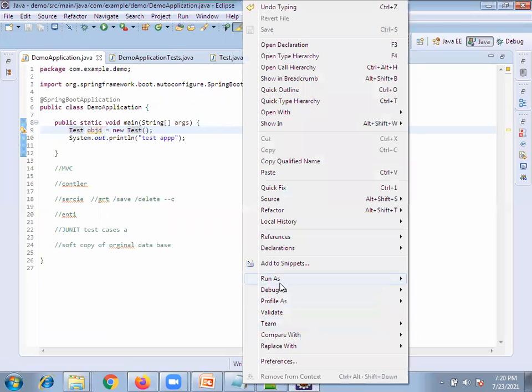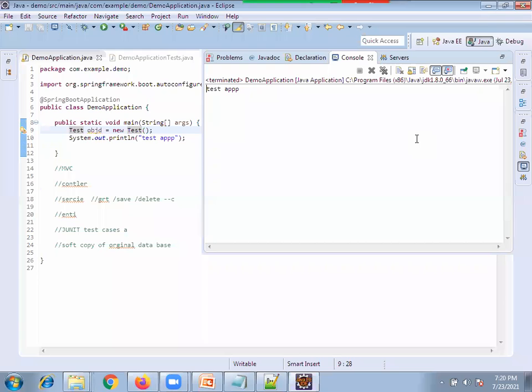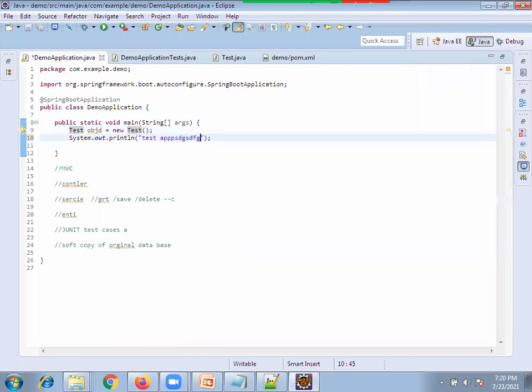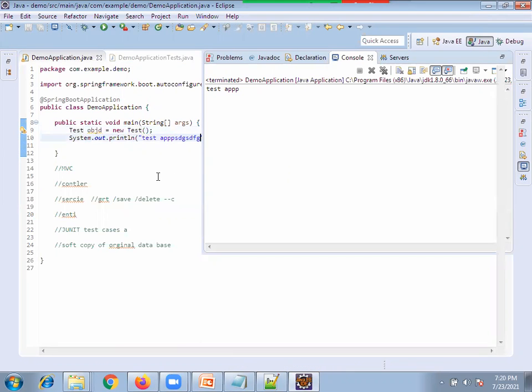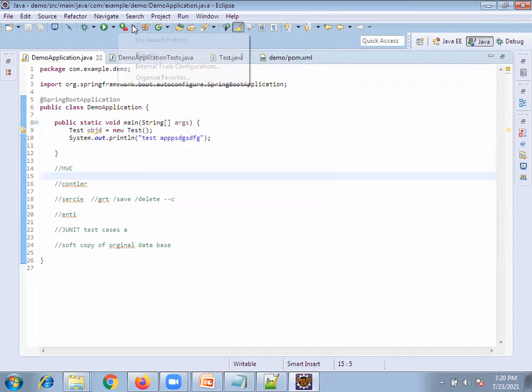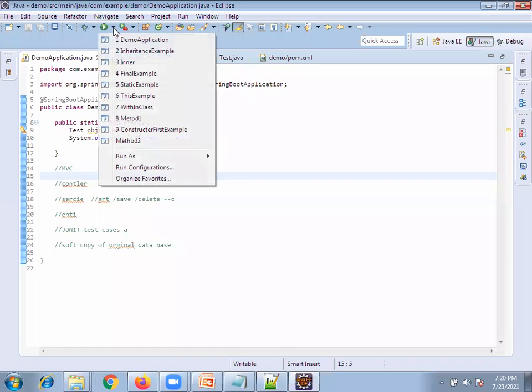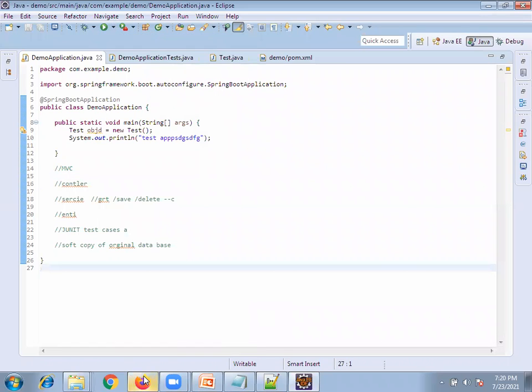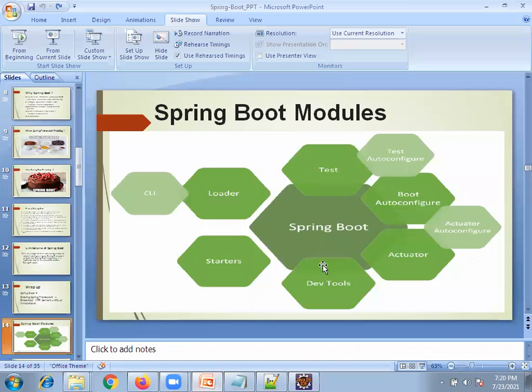It's actually not working, but whenever we make some change, it will automatically restart the server. See this. We'll see why it is not working anyway. Now got it, right? So dev tool is for automatic restarting and automatic deploy.